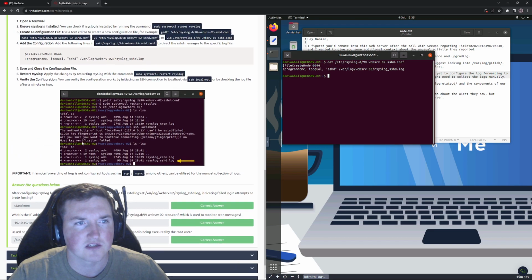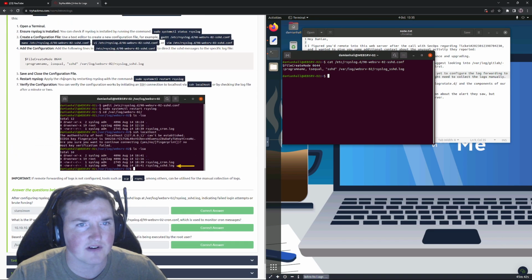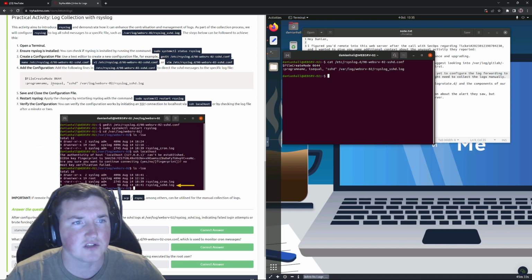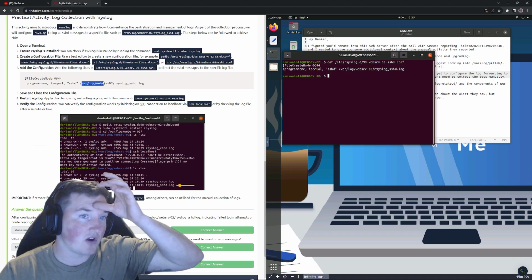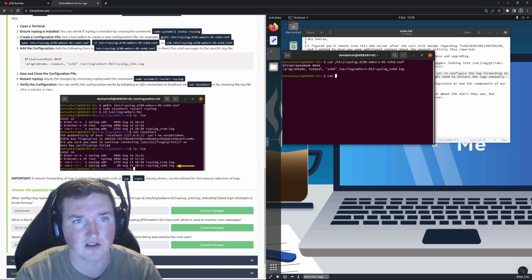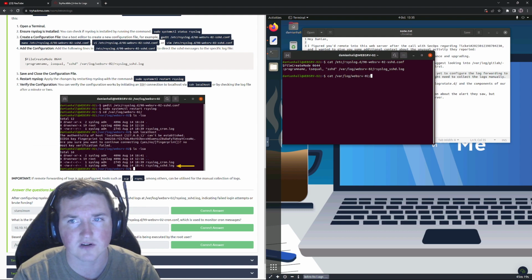That's perfect. So now what's it saying? Save and close the configuration, restart it. Perfect. Verify the configuration. Check the log file after a minute or two. Okay, so you can see we put in here to actually take the program sshd and log it to /var/log/web-server/rsyslog. Now we just need to look at the log because it says check it in a few minutes. So we can say cat /var/log/web-server/02 rsyslog